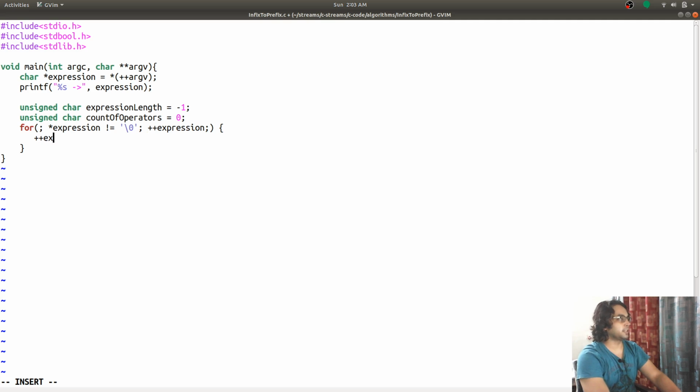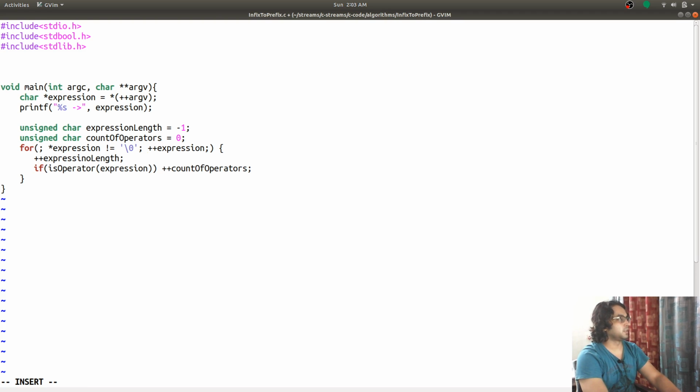I'm going to say expression length and count of operators, and this is going to be only in the case if it is an operator, then increment the count.